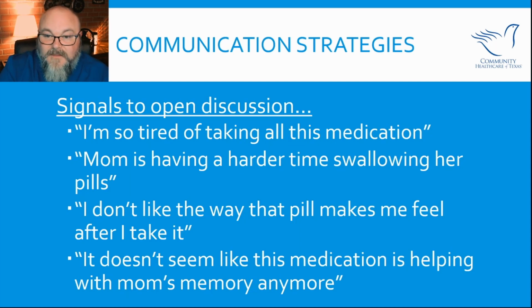So we go back to that benefit versus burden, and have that conversation about deprescribing if it's appropriate. And then finally, it doesn't seem like this medication is helping with mom's memory anymore. So again, with Namenda, Aricept, some of those medications we use in end-stage Alzheimer's and end-stage dementia, those medications are for cognitive ability. So in end-stage patients, the caregivers for sure start to see that those medications aren't really doing what they used to do, and a lot of times they'll just come out and say it to you. So again, another green light to have that conversation. Do we need to do a dose taper or a time trial and see if we can set that medication aside for a while and see if it's really truly having any kind of benefit?